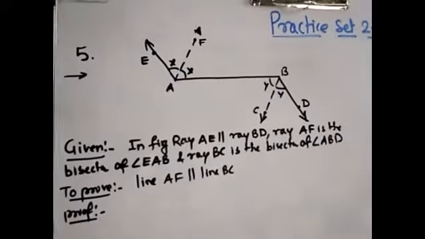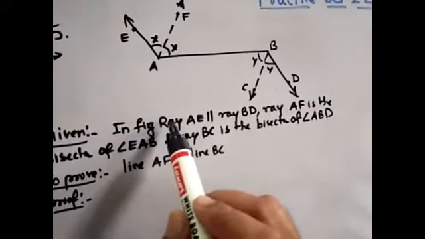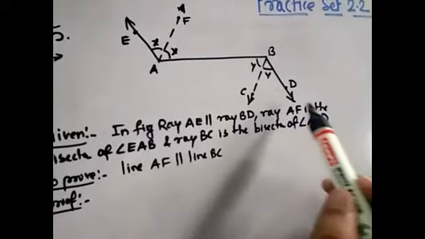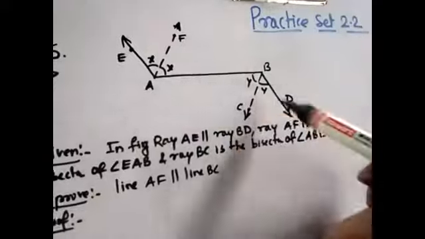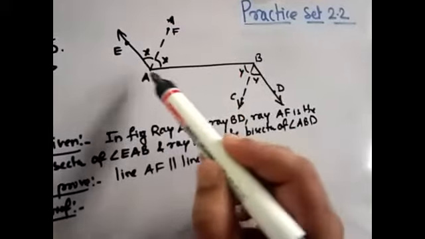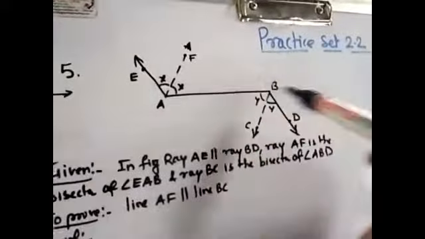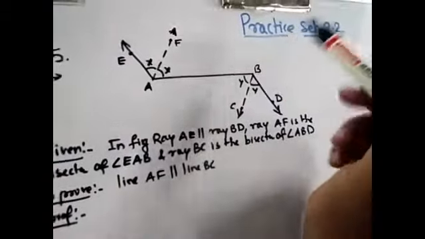Okay, see here in the fifth problem, it is given in the figure that ray AE is parallel to ray BD, and AF is the angle bisector, and again BC is the angle bisector of angle ABD. We want to prove that line AF is parallel to line BC. So in the proof, write down, it is given that